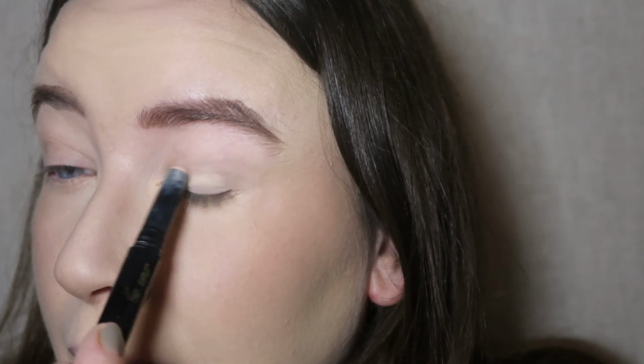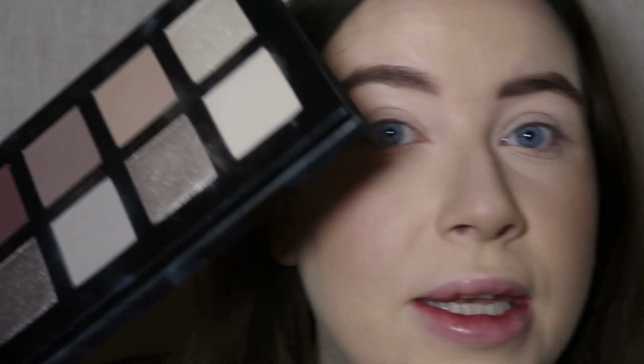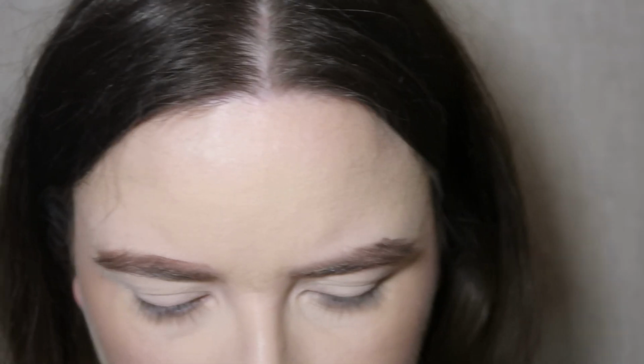For eyes, let me just zoom you in a bit. Nice and close. Okay, prep always with vanilla eye wand, and I want to do a very matte, almost grey whitish eye, and then I'm going to add definition around my eye with black. Okay, so for palettes, I have got my 90s palette by YVES, which is the perfect cool tone palette. I've also got my Natasha Denona Glam palette, which I picked out for this shade here and this kind of darkness. Okay, so we want a real white slash grey